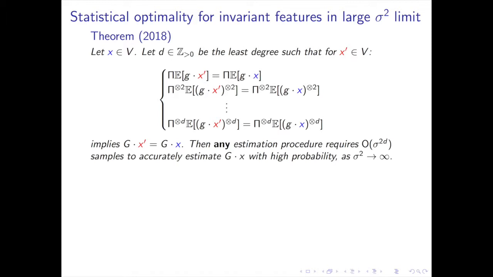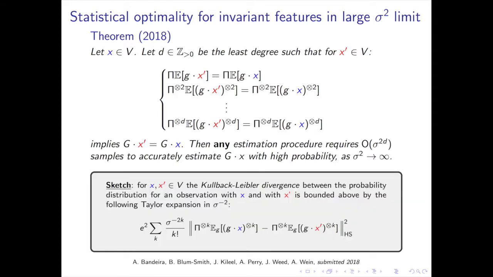Yeah, the big O also hides a dependence on how accurate you want the estimate to be. So there's an epsilon here. I'm really short on time right now, just to say a couple of things about the proof. This is an information theory result. It's not my expertise, but